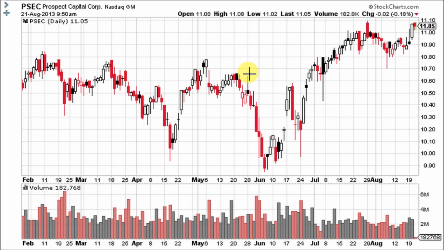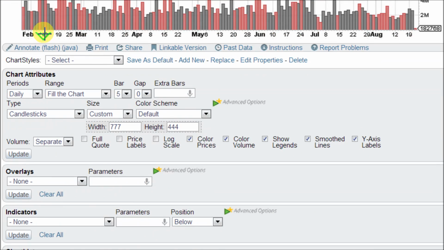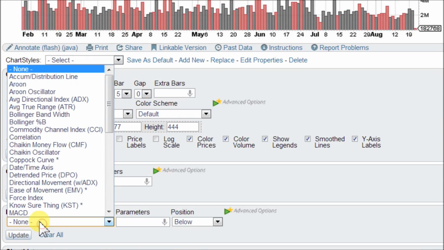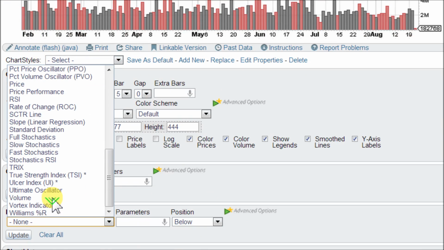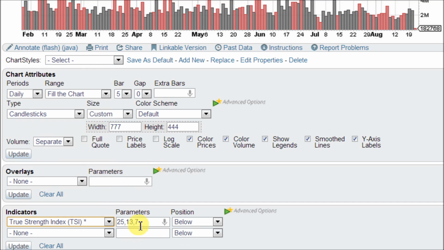So let's go ahead and load up TSI on this chart for PSEC here at StockCharts.com. If you scroll down into the chart attributes area, at the very bottom, click in the indicators box and scroll all the way to the bottom, and the True Strength Index, or TSI, is right there. Standard settings are 25,